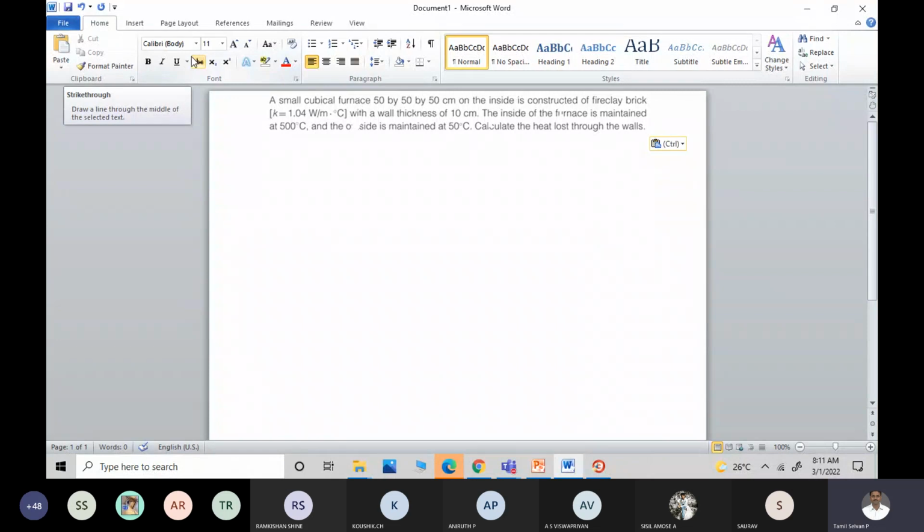So now you have a small cubicle, 50 by 50 by 50 centimeter, and thickness is 10 centimeter, and thermal conductivity is 1.04. The inside surface is maintained at 500 degrees C, and the outside surface is maintained at 50 degrees C. Calculate the heat transfer through the walls. So now a small cubicle it was mentioned. Okay, so if it is a cubicle,